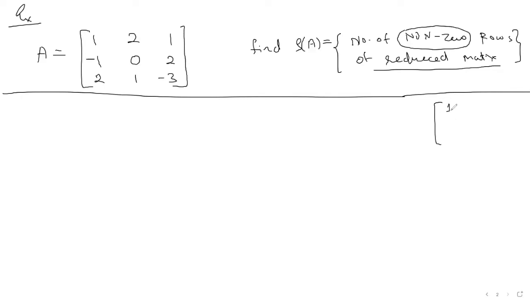The first thing you will do is make this element one. But luckily for us, this question has this element as one already. So that burden is reduced. We don't have to do that anymore. After we make this one, we make everything below that zero. That means we have to make these two zero. Now, after this, the next diagonal element has to be made one. So you have to make this one.